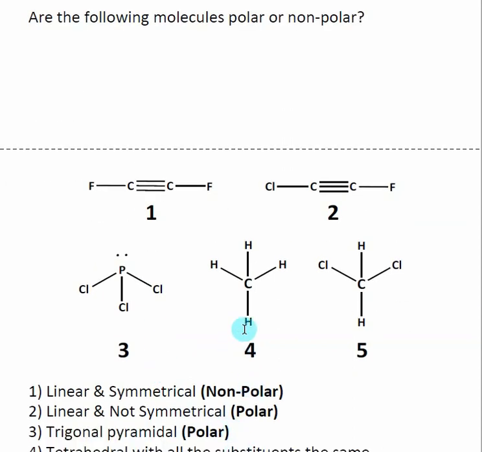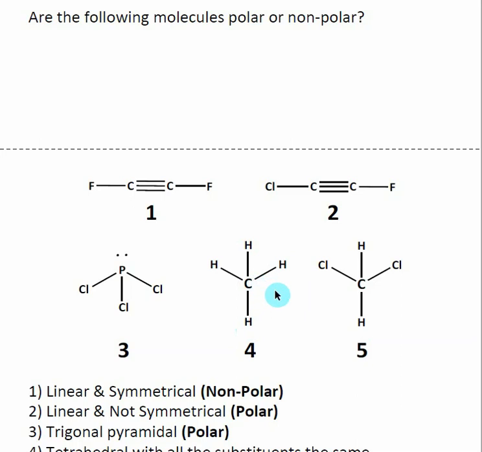So with molecule 4, same thing. I look at the central atom, 1, 2, 3, 4 groups of electrons inside of there. They're all bonds, so this molecule is tetrahedral. And the rule is the only way I can make a tetrahedral molecule nonpolar is if the substituents are all the same. So here, everything attached to my central atom is a hydrogen,